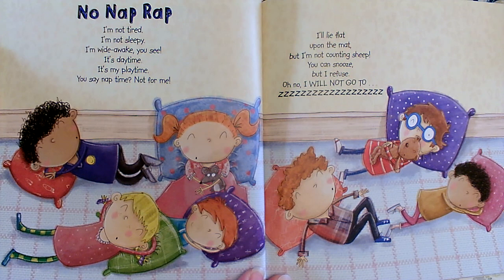No nap rap. I'm not tired, I'm not sleepy, I'm wide awake, you see. It's daytime, it's my playtime. You say nap time? Not for me. I'll lie flat upon the mat, but I'm not counting sheep. You can snooze, but I refuse. Oh no, I will not go to...